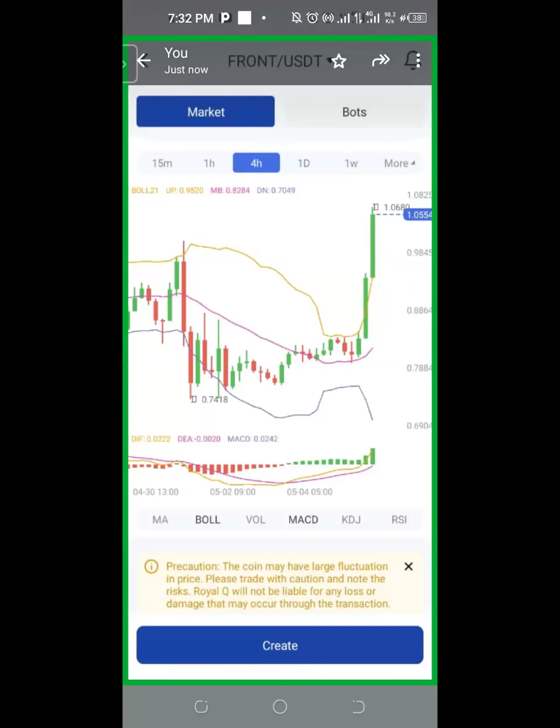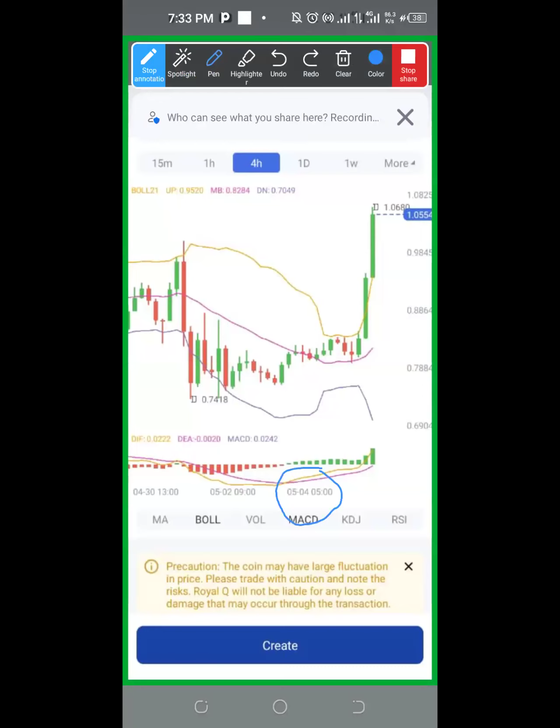The golden cross is the situation where one of the lines crosses over the other, like you can see it here. You see that the yellow line, the moment it crosses the purple line,